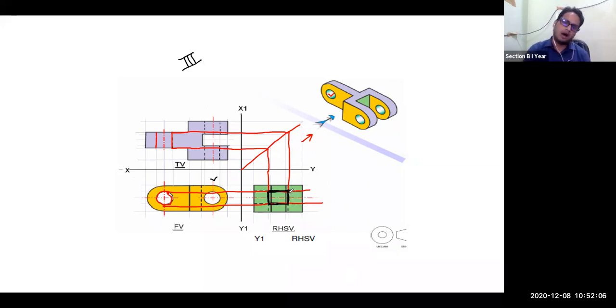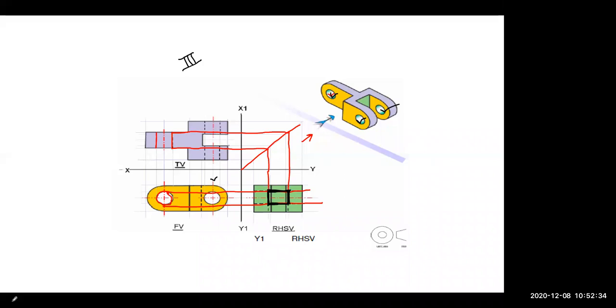Now, just left of this box, there are still some hidden lines that represent this hole. And on the right hand side of this box, you will see there are still dashed lines representing this hole. So the central hole is coming at this location. I hope it is clear. Is this clear to you? Yes, sir. Okay, very good.